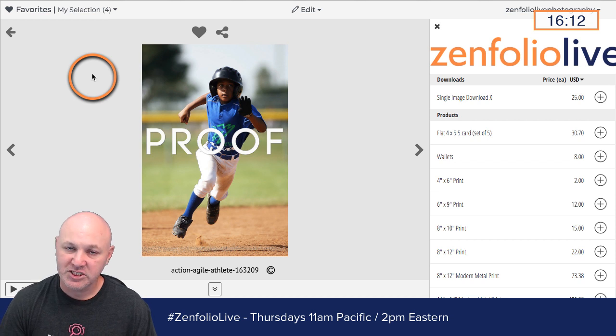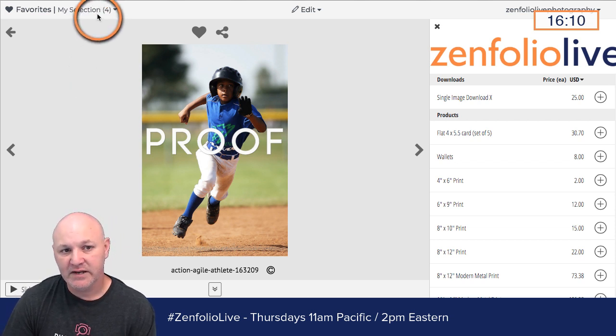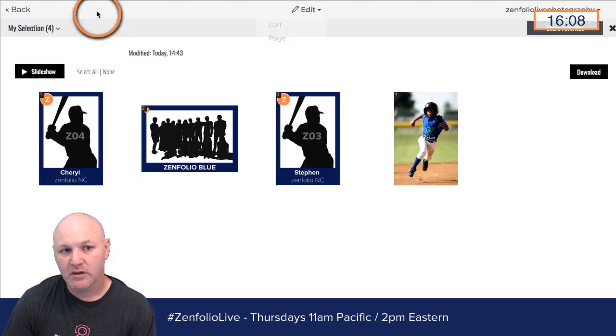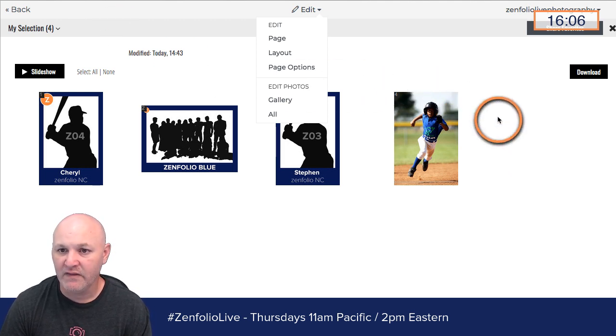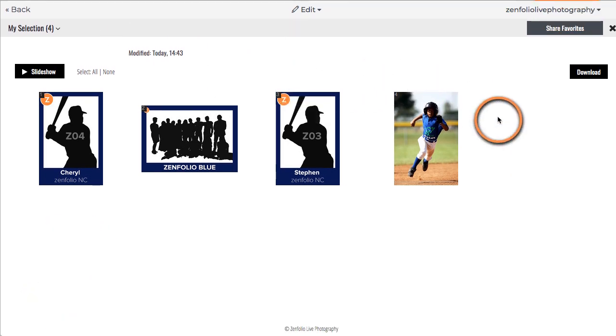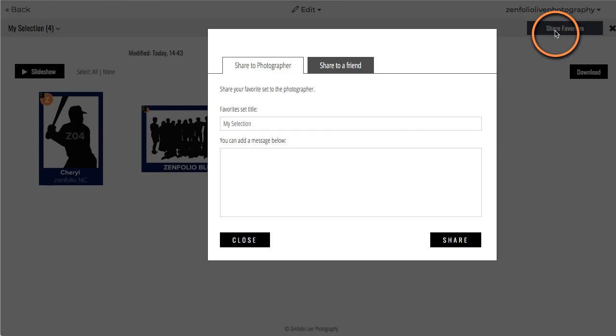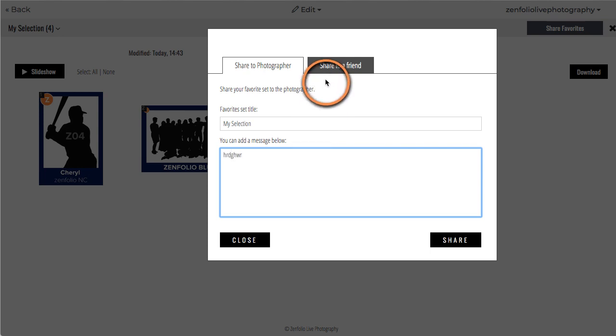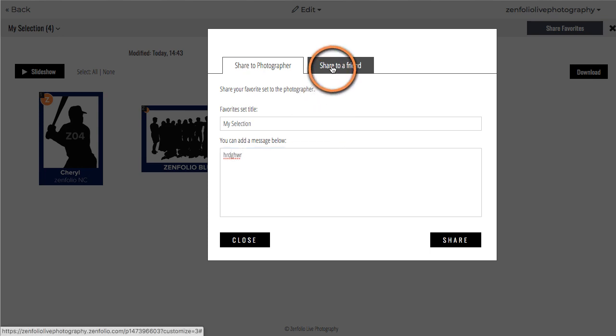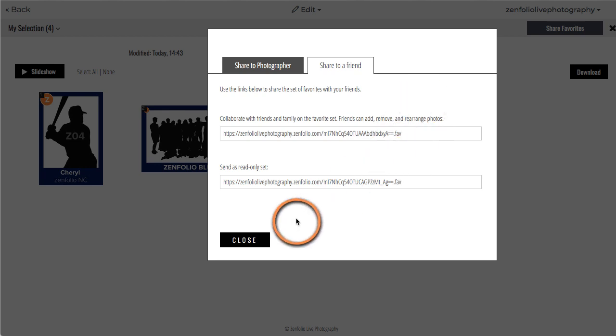And then in order for them to share that list back with you, they need to click up here. They're going to go right in here, and then there's a share favorites button up at the top. If I go to share favorites, they can share that back with you. They can even put a note in here. Or if you have this option turned on, they can actually share this with a friend.